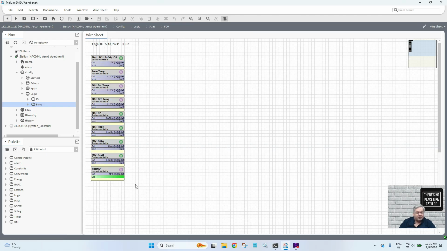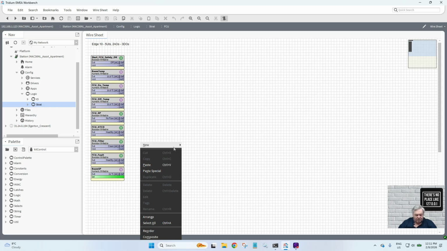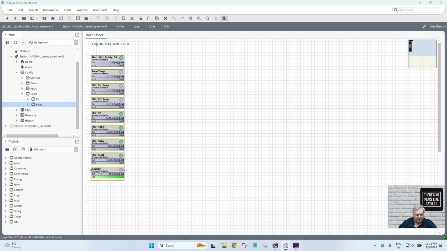Right. Can we think of any more inputs? We've got the room temperature, we've got the fan coil on, fan coil off, we've got the enable, we've got a high temperature cutout if it's thyristor based. Fan coil filter. Sorry, I just thought I spelled filter wrong there, but I haven't. Fan coil fault and room set point. With regard to control stuff, I think what we're going to do is, in fact, I'll just duplicate that,